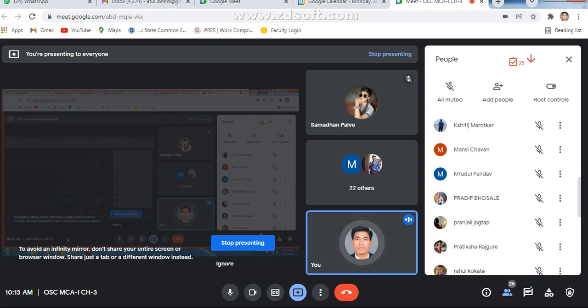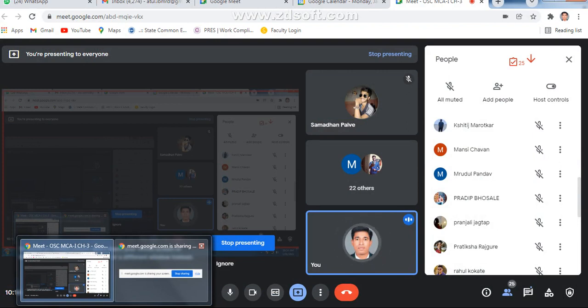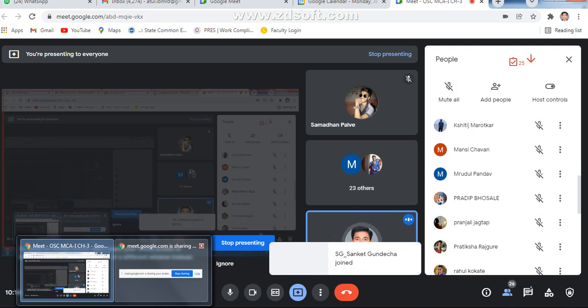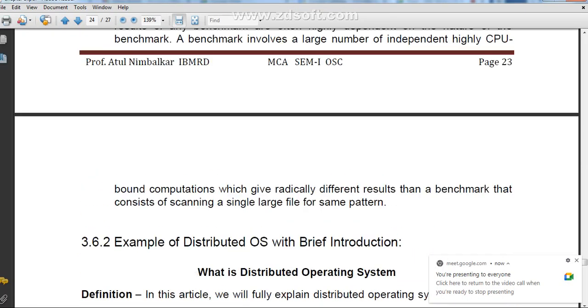When one computer fails, you can use another computer to operate, and you can still use the operating system. This is the main advantage of a distributed operating system.